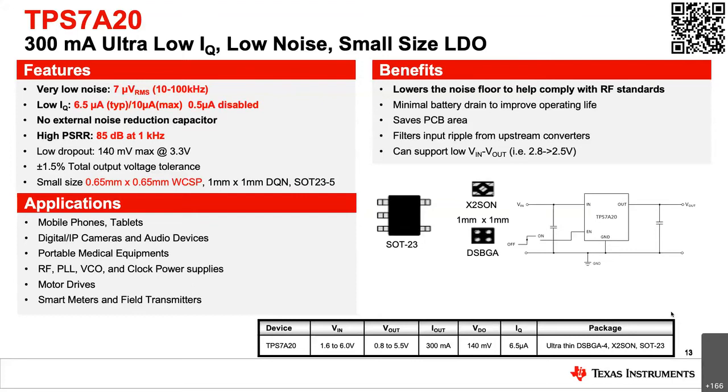Now, what some people don't realize is that there are definitely some trade-offs when designing a device like this. The biggest one is maintaining low IQ and transient performance with low noise. And what I mean by transient performance is really just the behavior of the LDO when responding to changes in load current or line voltage.